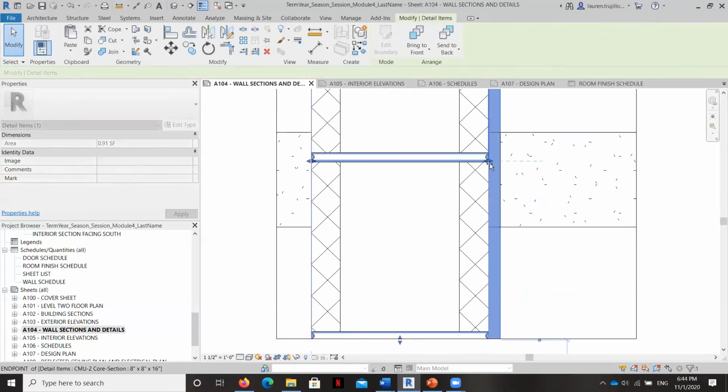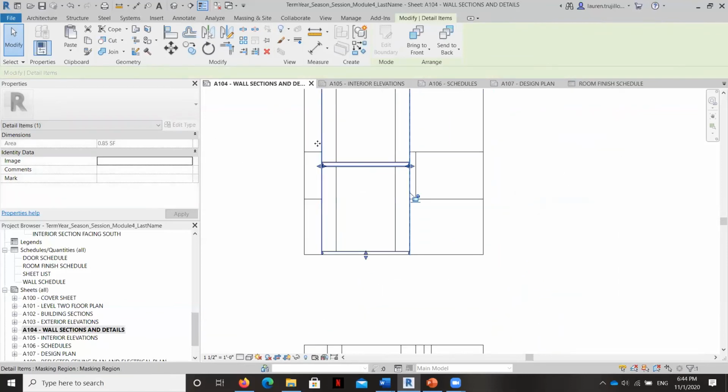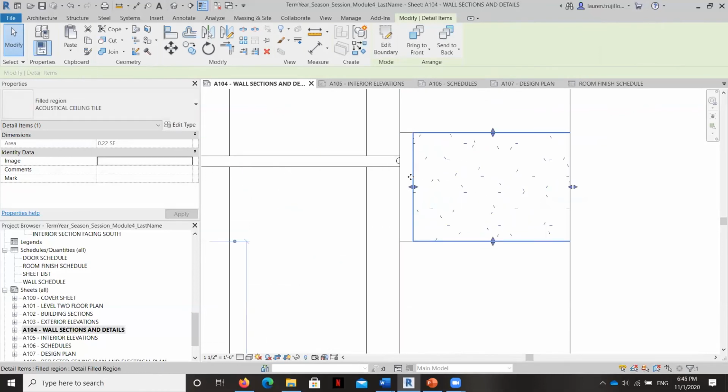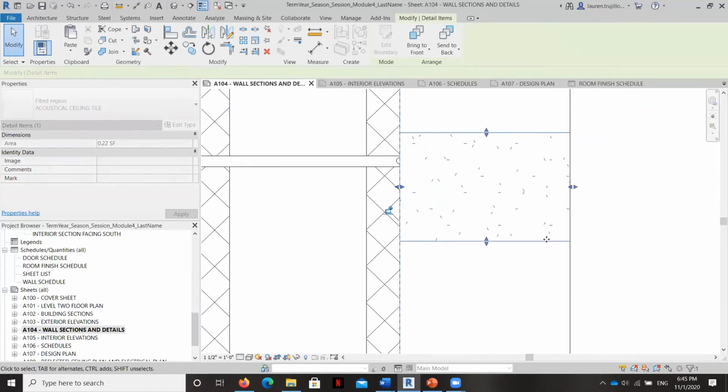And I had a masking region over there because I needed to cover up where the plenum and the separation between the plenum and the room area is made with the acoustical ceiling tile. So I'm going to stretch that out.